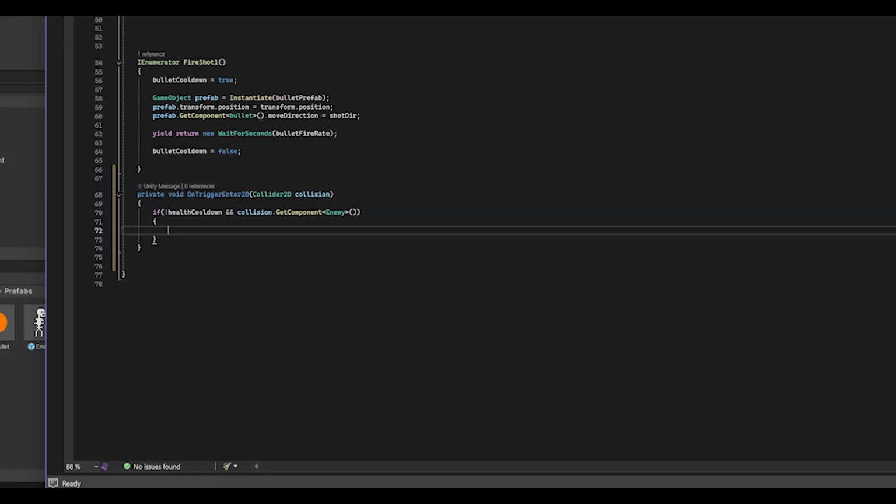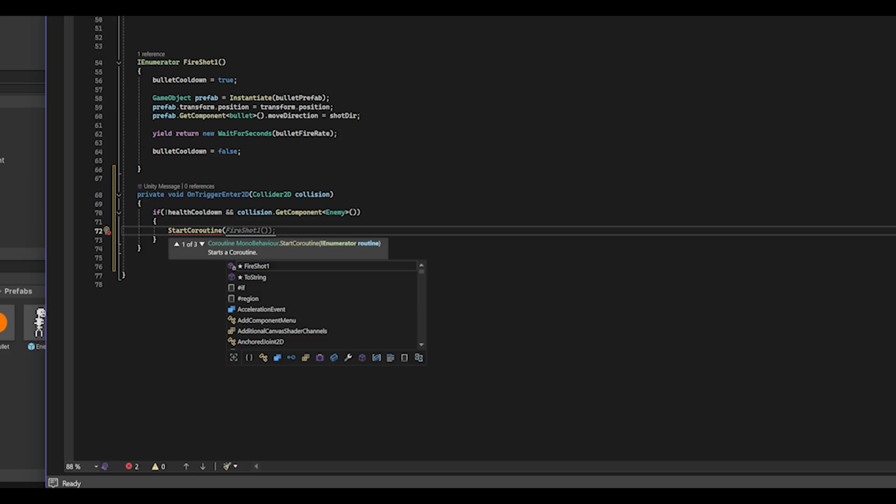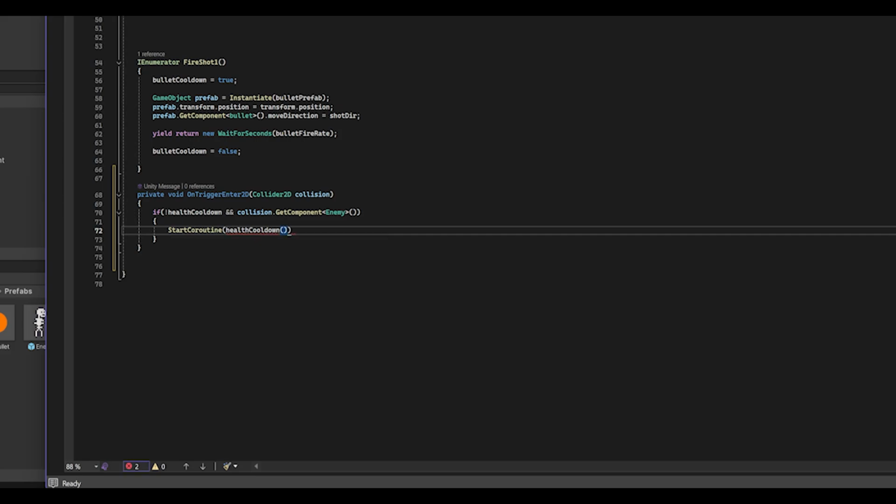We will then start a coroutine called health cooldown. We will then take the collision dot get component enemy tag